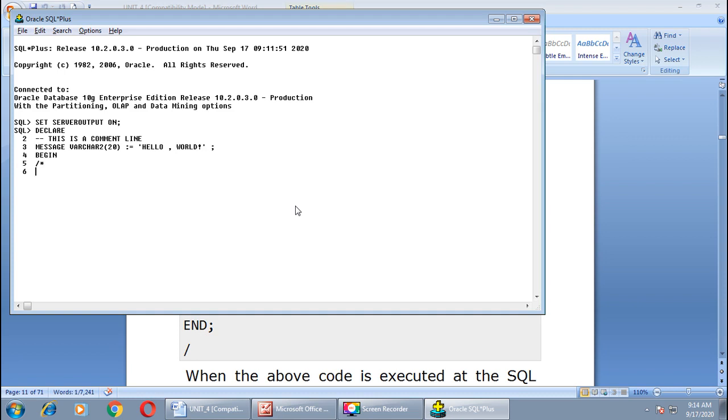So this is my symbol on line number 5, and my comment will go on line number 6: PL/SQL comment lines. There will be no effect of these lines when we execute our code, right? Now the ending of the comment section, asterisk symbol and slash.